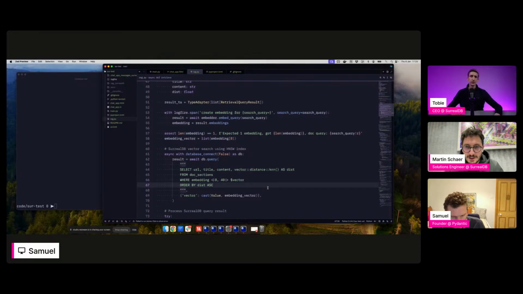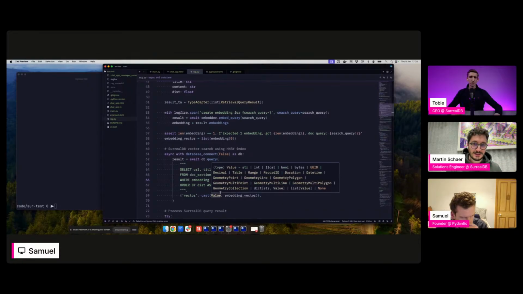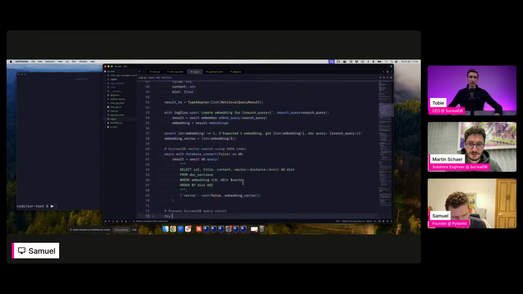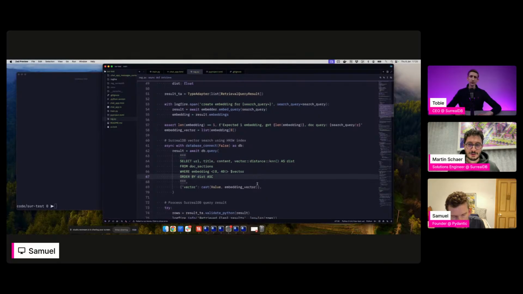So here to explain a little bit, these were embedding, and you see the 8 and the 40. Those are the specific arguments for the specific vector index we're using, HNSW. 8 is the top K parameter, so we're expecting only 8 results. And 40 is like the effort value. The higher the effort, the more time it's going to take, but the more accurate it is. So sometimes 40 is very good, but slow. 17 is very fast, but not as accurate.